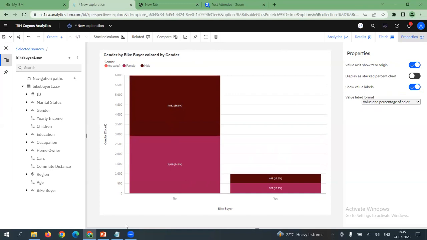So your question here is, we had two classes, Zoebji. The variable is only one, bike buyer is the only variable. There are two classes, one is the yes class and one is the no class. We are trying to map how many yes classes of male and female, and how many no classes of male and female. That is how we have to understand the graph. Actually, the target variable is only one item, bike buyer, under which two varieties are there, yes variety and no variety, and we are trying to study the distribution by gender.